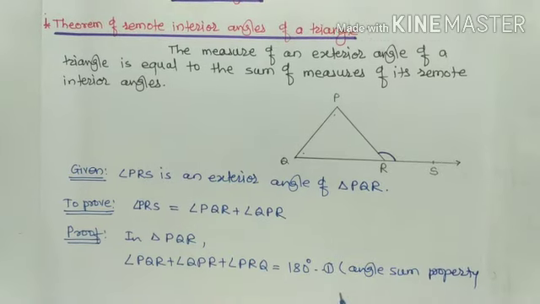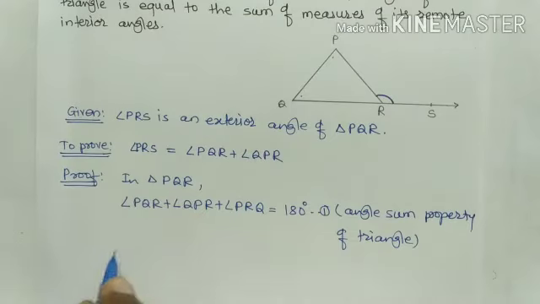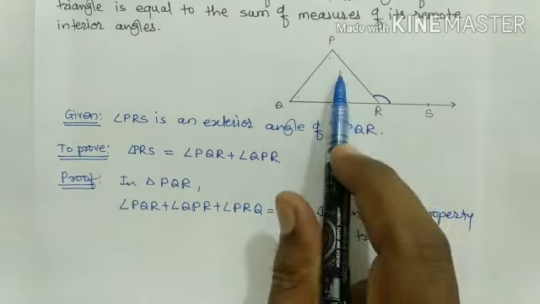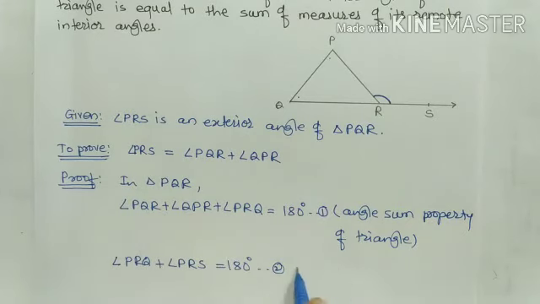of triangle, किंवा तुम्ही असे लिहू शकता sum of measures of all angles of triangle is 180 degree. And there, this is number 1. Now this angle PRS forms the angles in linear pair with angle PRQ. So here we write angle PRQ plus angle PRS equals to 180 degree. Let's give number 2. Why? These are the angles in